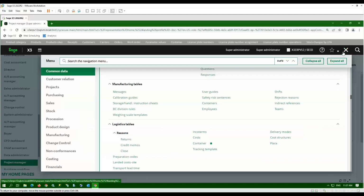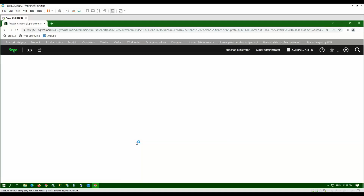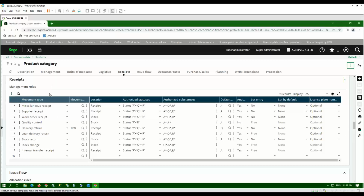So from here, another key piece in terms of the setup that wasn't covered in the PowerPoint is we have to talk about a pallet number as it relates to our product category and on the receipts tab. So when we look at our management rules for our pallet, look at our receipt tab for management rules, you'll notice by default, our license plate numbers are set to optional. If we're looking at our receipt type transactions, so you see miscellaneous receipt, supplier receipt, order receipt, quality control, you'll note that it's grayed out. Our delivery return, loan delivery return, and stock return are options that are available for us to modify from optional